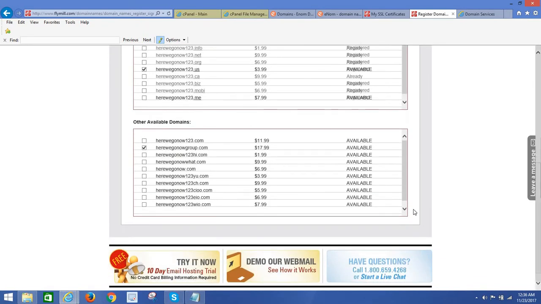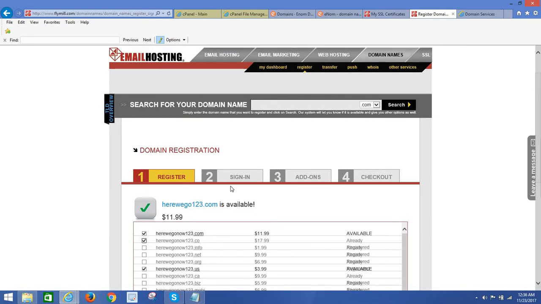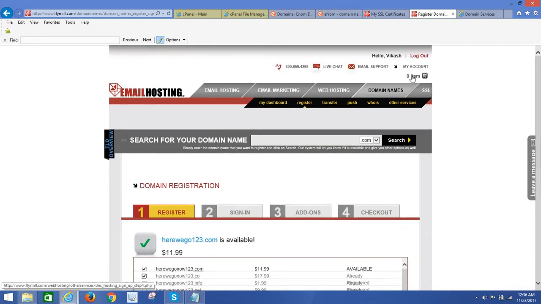Well, there should be a next step button underneath. That's not even there. But whenever they go to the next step, if they sign in, it should already show up over here. We need to make sure that the items in the shopping cart are functioning across all of these